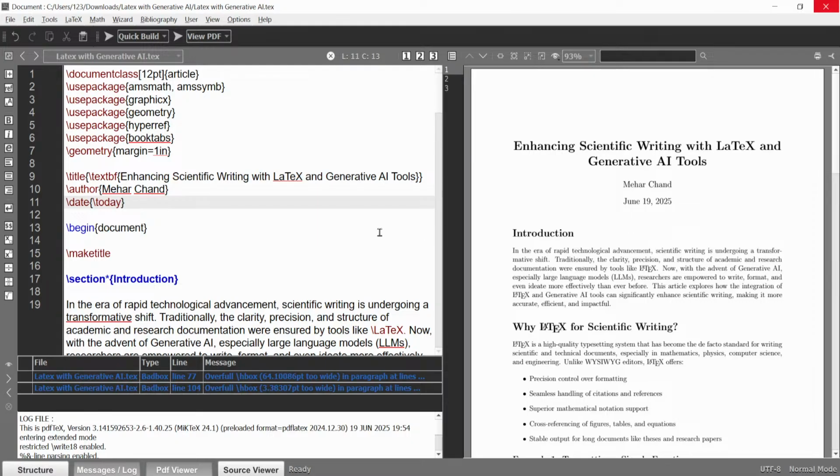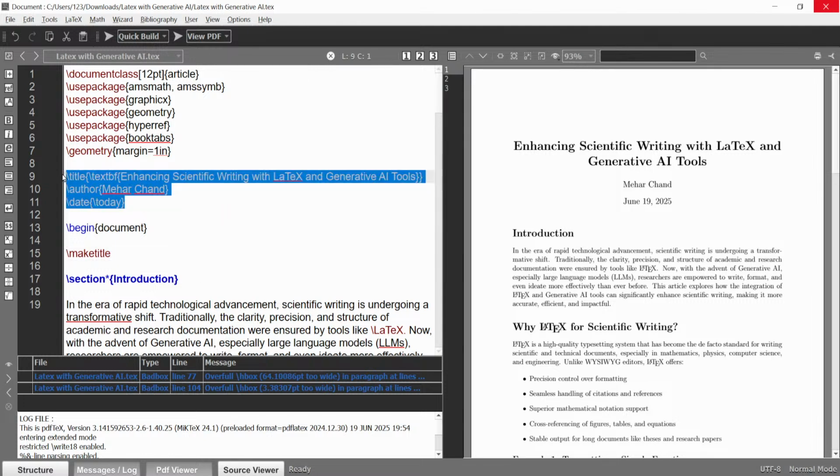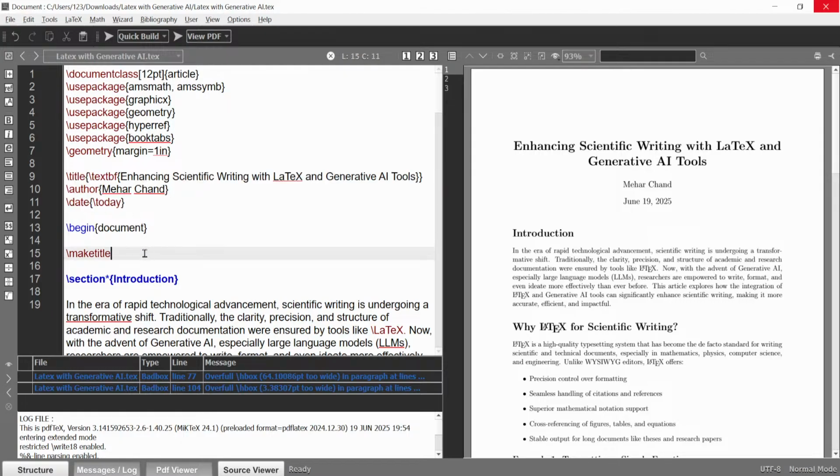Okay, I am not doing anything. So when you prepare your document and when you update it, this will update every piece of information in your document automatically. So automation is there in our LaTeX document. Okay, and what about \maketitle? When you have inserted the title and other things, then you have to use \maketitle to print this title inside your document. If you are not using \maketitle, then the title will not be printed at this place.